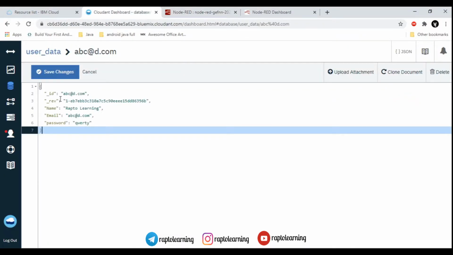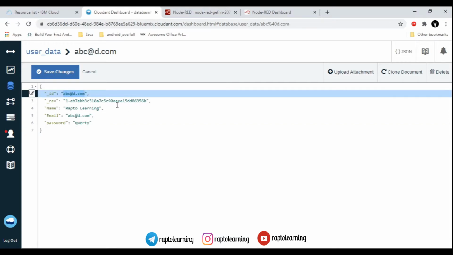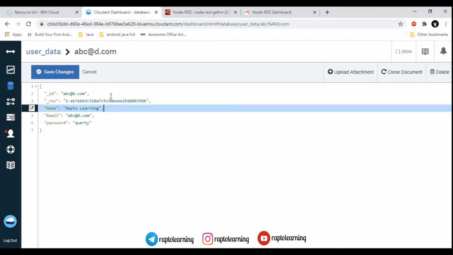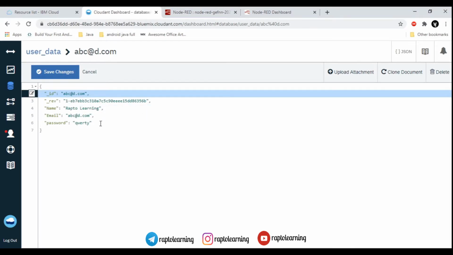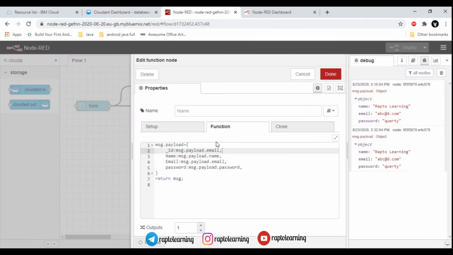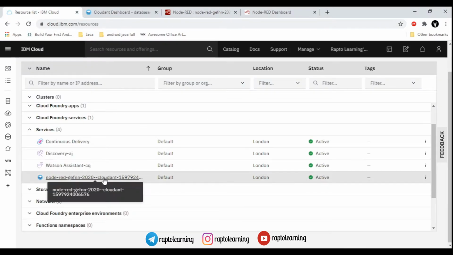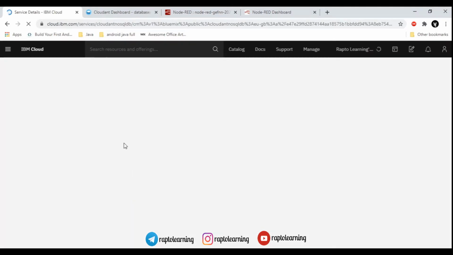So the syntax will be as displayed on the screen, and I will also give some GitHub links in the description below to access this project directly. So here all the things are available. Please make sure that all your things are also available on the cloud and services also. Now just go on the cloud end and make sure once again that all the services are active and running. Many of you will get an error that says please sign in into cloud end.